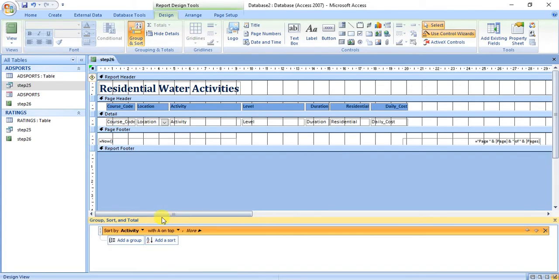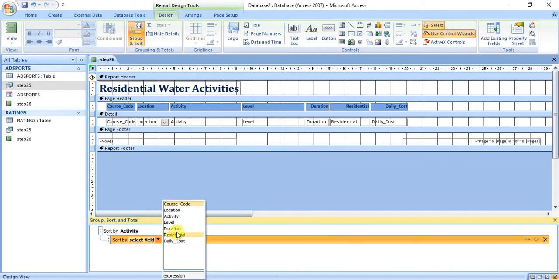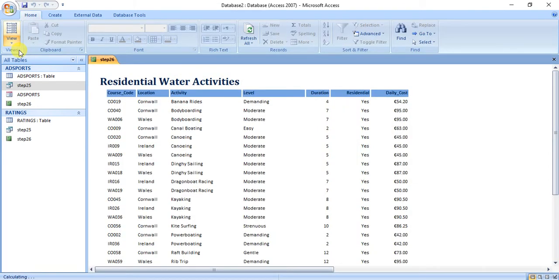They asked about activity first. A on top, it means ascending. Add another sort, location, and it is ascending, so it will be also with A on top. Activity, then location. Save your work and be careful to find that